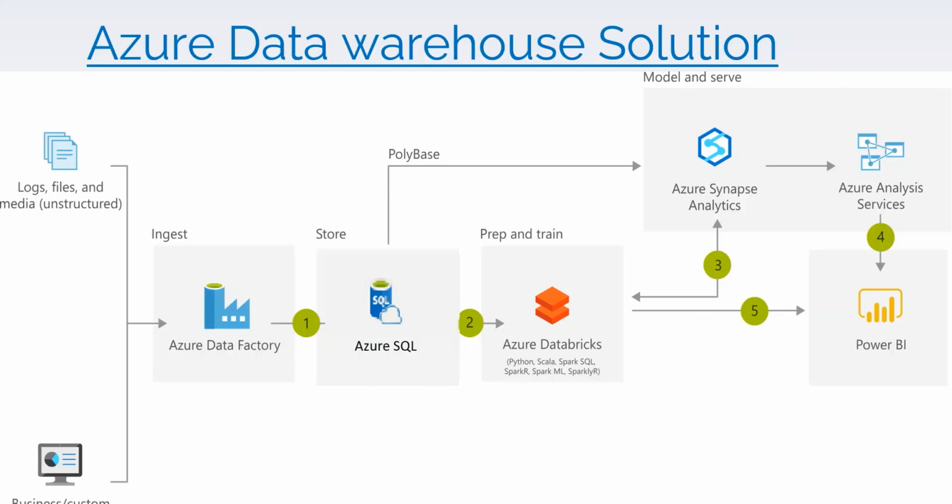After our data is ready, we will create the Synapse database. Synapse database is very much similar to our SQL data warehouse. Once our data warehouse is ready, we will create the Azure Synapse Analytic Workspace. In Azure Synapse Analytic Workspace, we can do the data analysis, or we can create any dashboard or report using any dashboard tool like Power BI. Power BI is a cloud dashboard tool. Once it is created, we can publish the dashboard, and that we can include in our Azure portal.